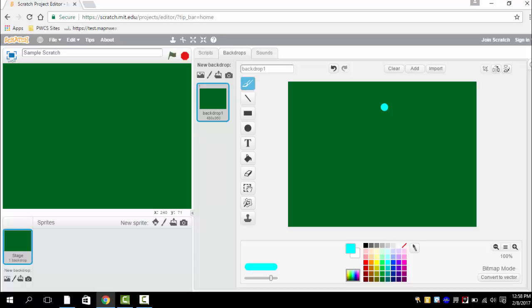And you have to make sure that you do not touch the background edges. You have to have some green showing all the way around the edge. Again, this will affect our coding later. So if I start to design my racetrack, and I've already noticed a couple things I want to change,